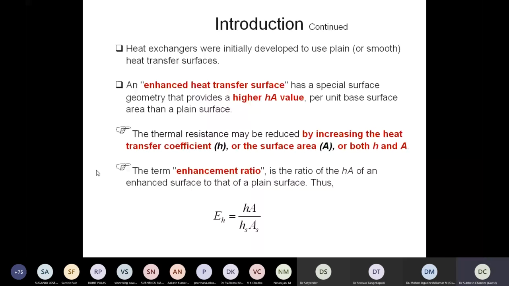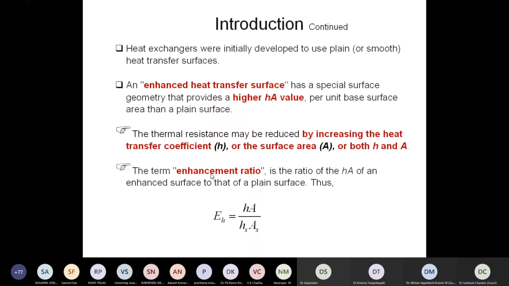So it means if we have to enhance the heat transfer, we have to work upon h and A, because we all know the heat transfer by convection is, as a generic definition, hA into the temperature difference. So basically, in the case of an enhanced heat transfer surface, we are working on how to enhance the value of hA,